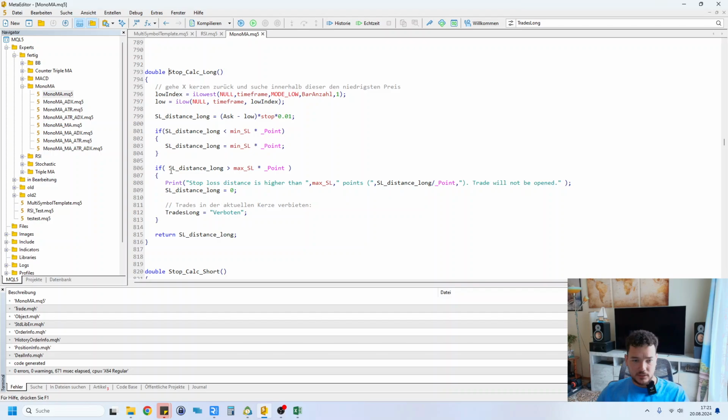I said, okay, if this long distance is higher than my max stop loss, multiplied by points, of course, because the different pairs all have different points and digits. If this is true, then make this print statement: hey, this is too high, trade will not be opened. Put the distance long to 0, and say, this is German, that no more long trades during this candle